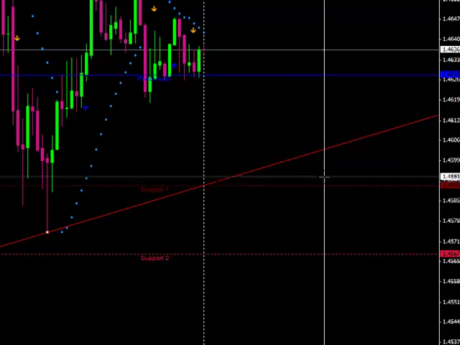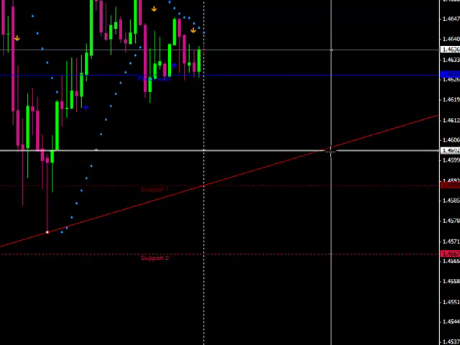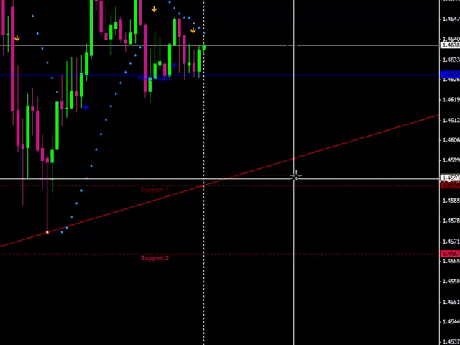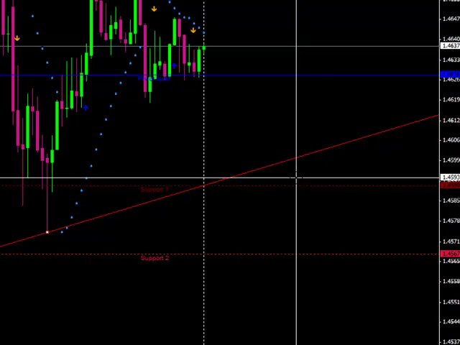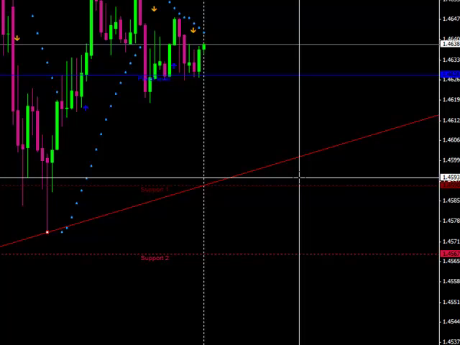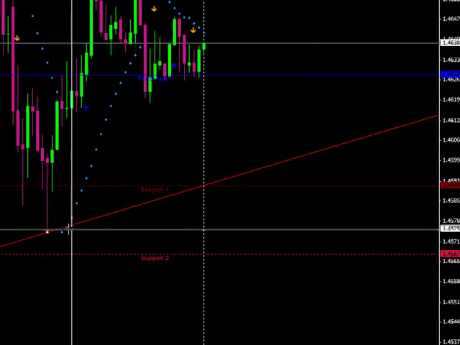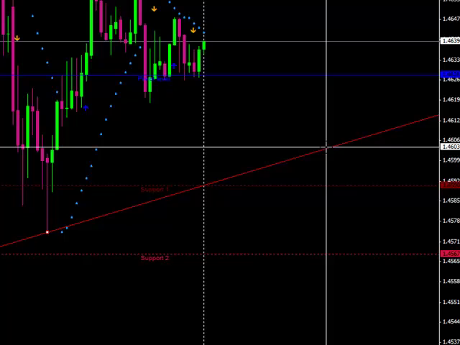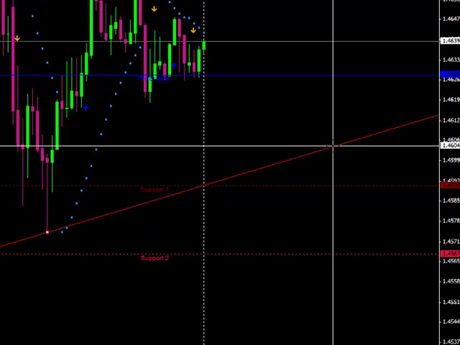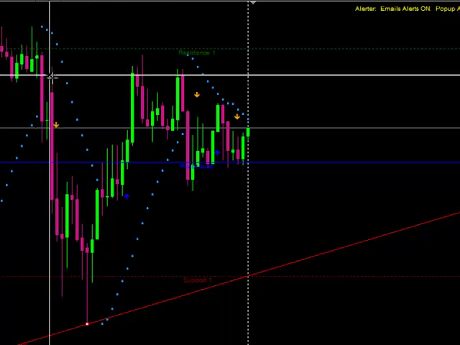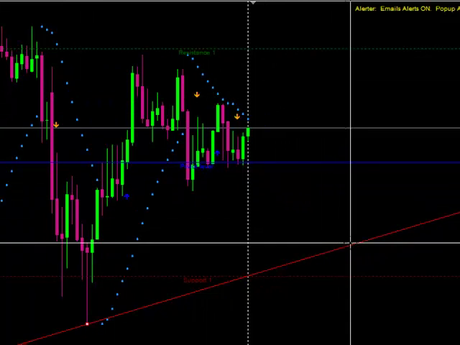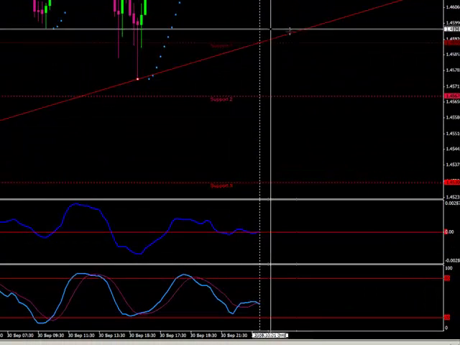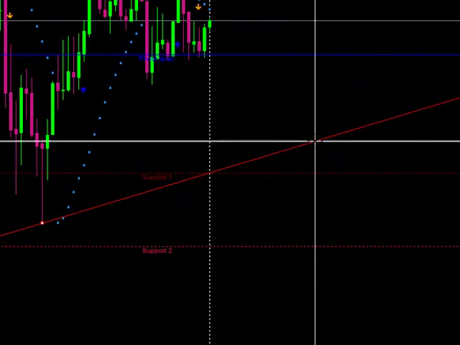So if we have the horizontal and the diagonal trend line, or if they're converging or near a convergence where they're intersecting, that's a really good place to look for a buy or a place to get long. So we don't know exactly where on this line price is going to come back there, or even if it will. Eventually it probably will. It started to consolidate down, and it may break down to this. And if our stochastic is low and we have this horizontal line here, we're going to look to get long,